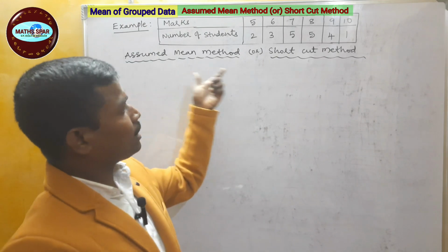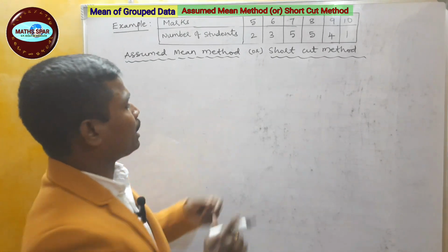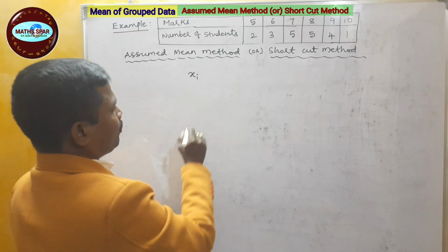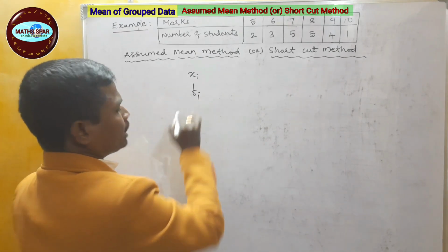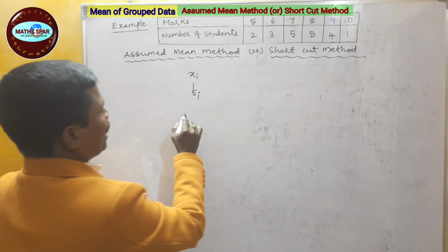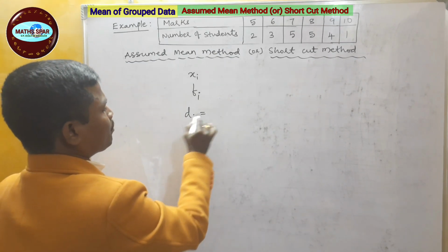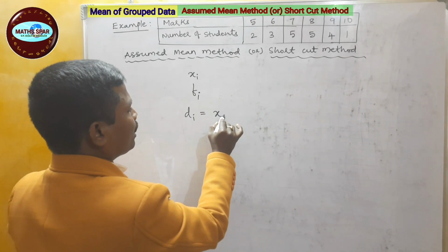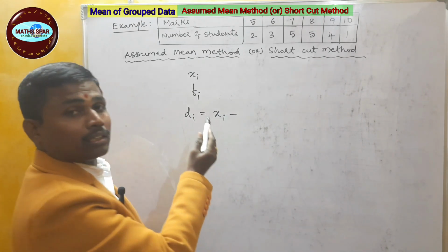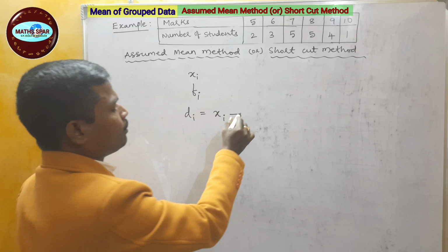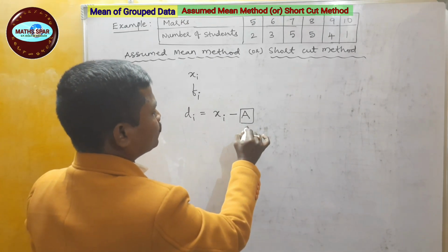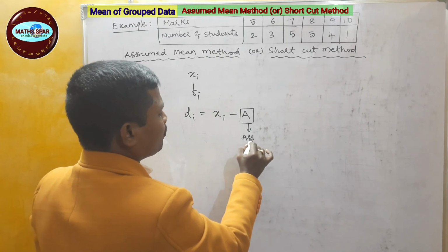To find the mean by assumed mean method, we need xi, that is the variable, fi, that is the frequency, and di, which is nothing but deviation. So this deviation is nothing but the difference of the mid value and assumed mean. This a stands for assumed mean,